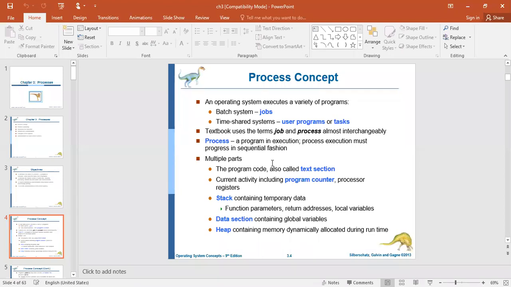A process may contain several parts. Or simply, a process is defined as an entity which represents the basic unit of work to be implemented in the system. You can note down the definition of the process. A process is defined as an entity which represents the basic unit of work to be implemented in the system.